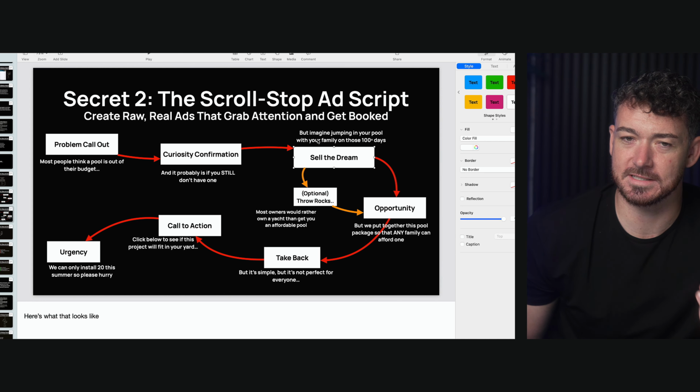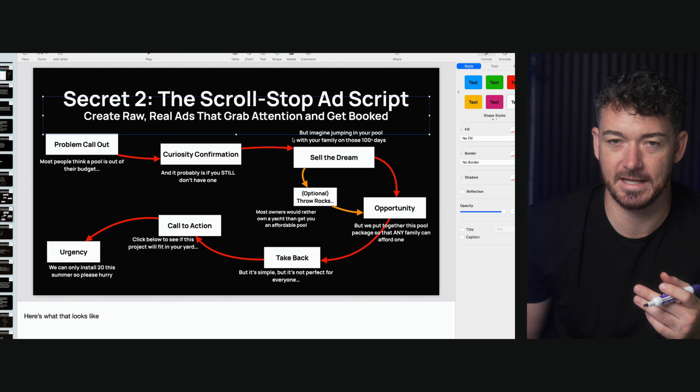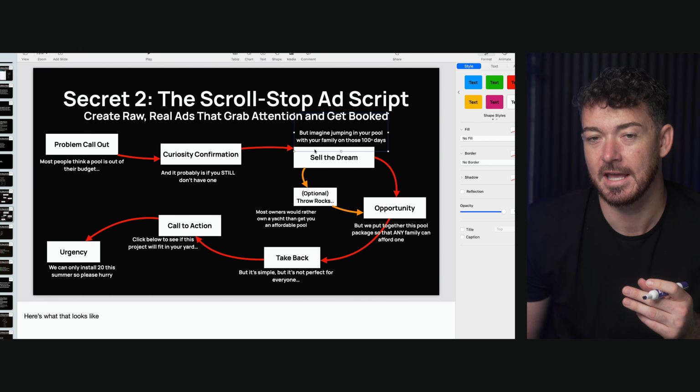But imagine if it wasn't out of your budget. Imagine jumping in the pool with your family on those really hot 100-degree days, right? And then they're like, oh yeah, that does sound kind of nice. If you're throwing rocks at your enemies and price is your thing here,